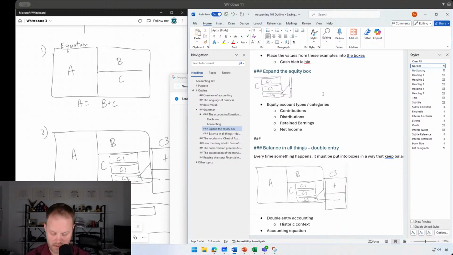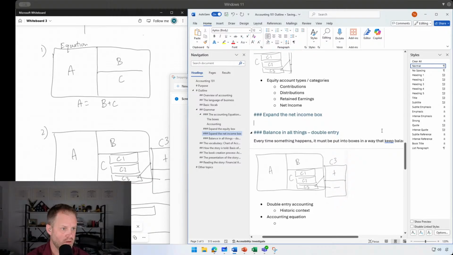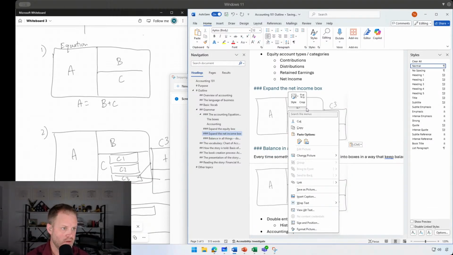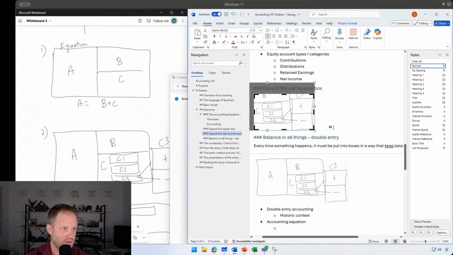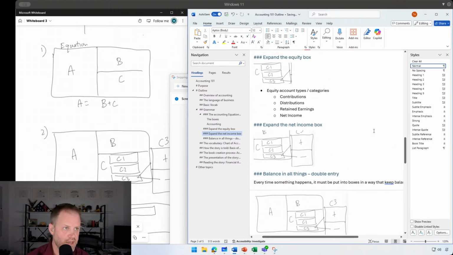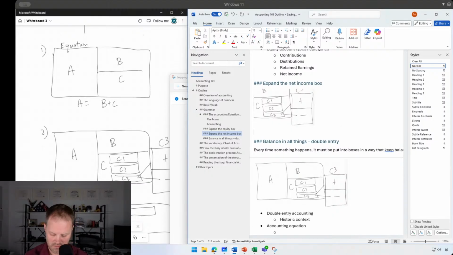Then even after that, expand the net income box. Then now we've got all those pieces. So this is net income in the equity box